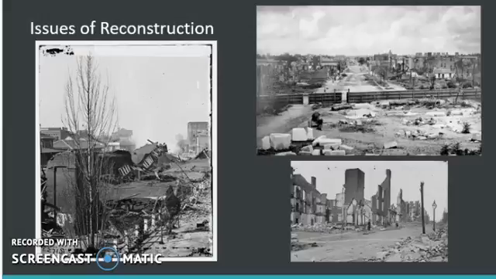Free blacks in the North didn't have these rights either. This wasn't something that was just affecting black people in the South. Black people everywhere were not considered citizens. Like Dred Scott, it didn't matter that he was a slave. Black people literally did not have citizenship according to the federal government of the United States. So they did not have access to things like that.